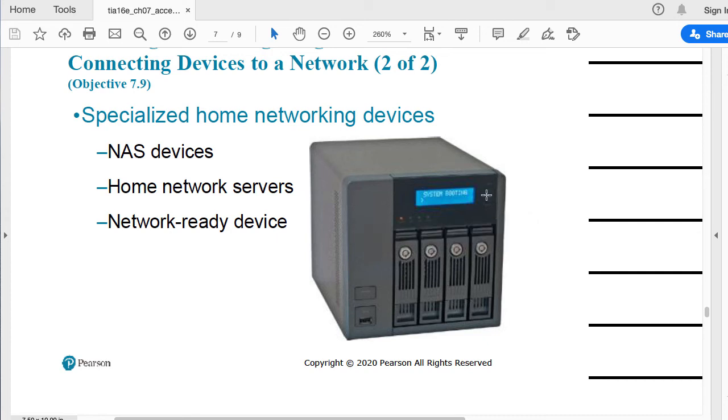So people are starting to use these network attached storage devices because you can not only attach more than one hard drive, you can attach several devices, but more than that, you can have several network devices storing data in that component. So this is not a device that is attached to one specific device.